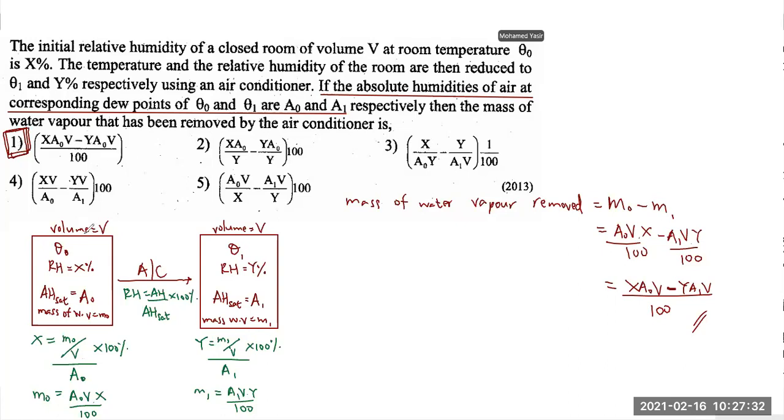Now, absolute humidity in this equation, you can find by dividing mass by volume, but you can't find the absolute humidity of saturated vapor that way. It is a fixed value for a given temperature. I think there must be a printing error here. Can someone check the original paper, please? There's a printing mistake here. This one should be A1. If you check the original paper, you will be able to find that out. So that is the answer.